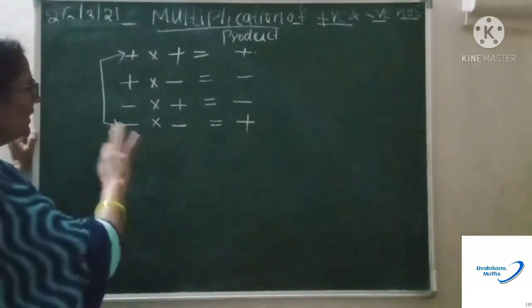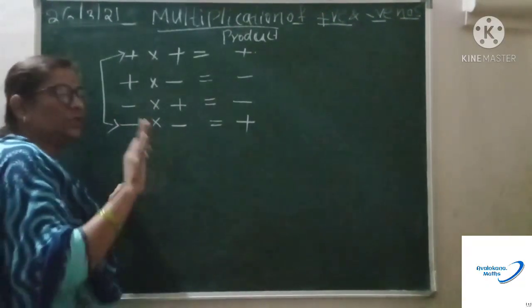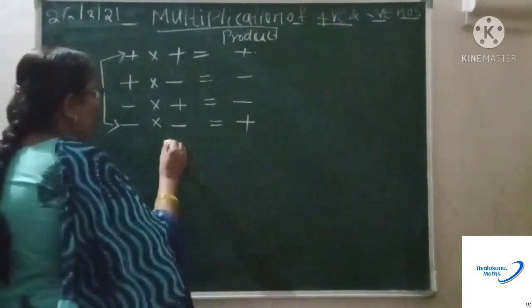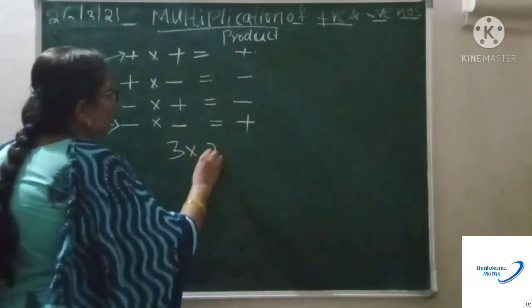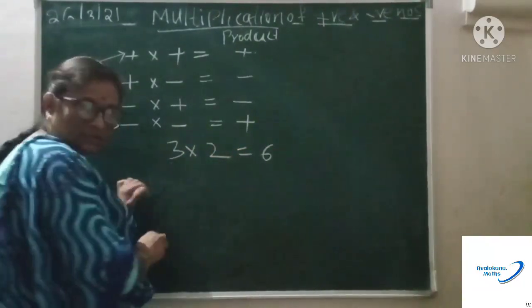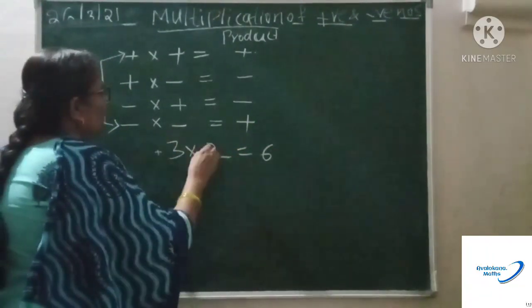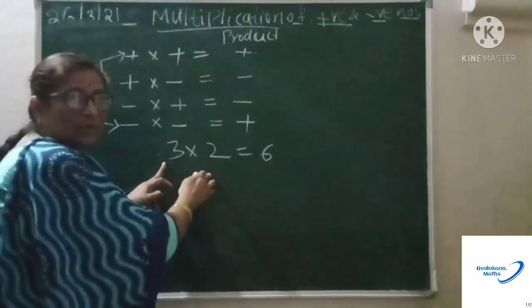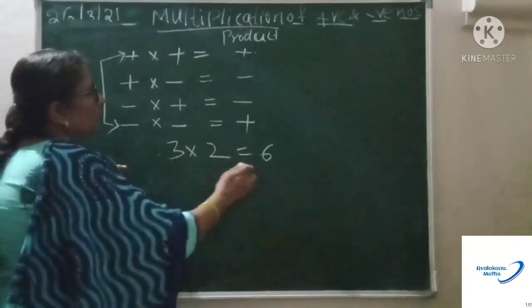First, let me deal with the positive in a simple way. Multiplication of a positive number with a positive number is very simple. You can go this way: 3 into 2, that is 3 twos are 6. That is plus into plus, very simple. 3 twos are 6. It is not necessary to put the plus sign because it is understood. So 3 into 2 is 6.